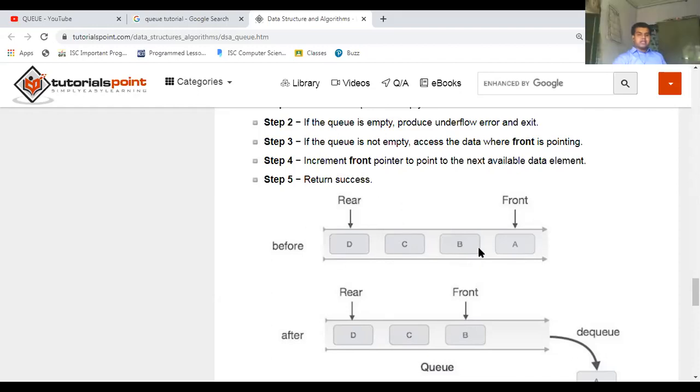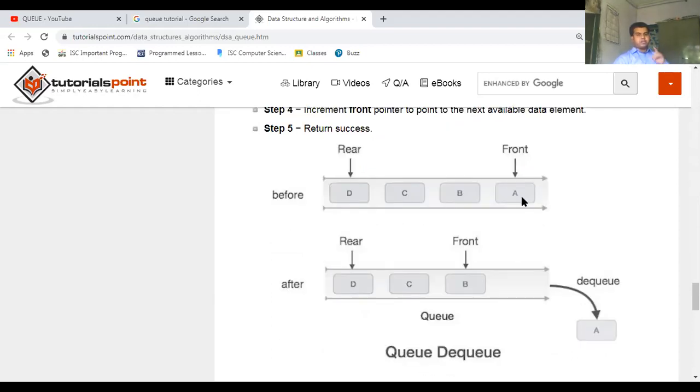To remove the other elements, you have to ensure that the first element present at the top is removed first, only then can the other elements be removed. This is because the front pointer is the indicator which is focusing on the first value. So now, to perform the deletion operation, the first value which can be removed is A.